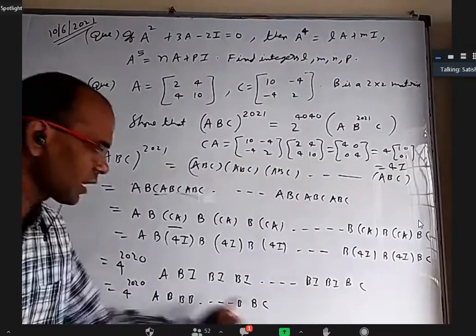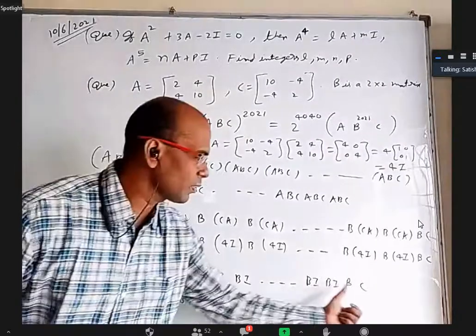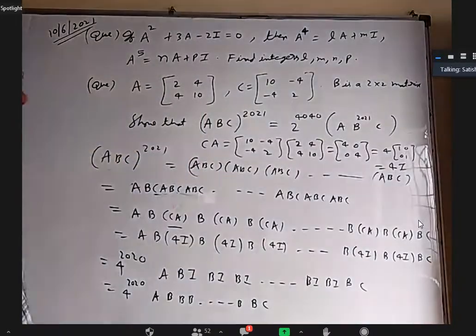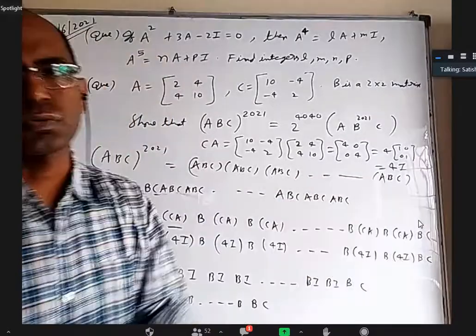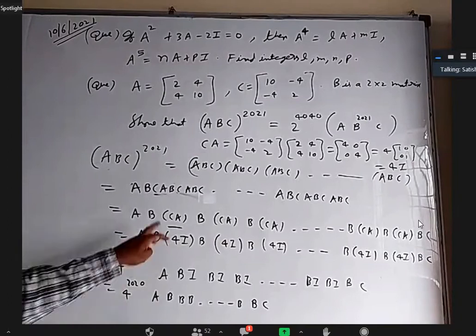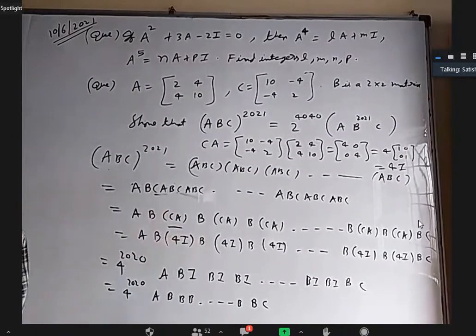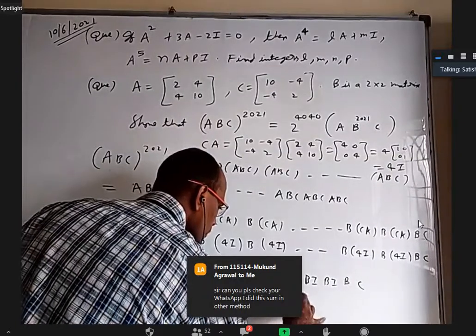Okay, these B's are total 2021 only. Why? There is an extra B here. Or you can say there is a B here, there is a B here, there is a B here, there is a B like the 2021 times. And they all came side by side now because nothing in between. Whatever is in between two B's, it became identity matrix. So you can multiply. So that's it. Question is over. 4 power 2020.